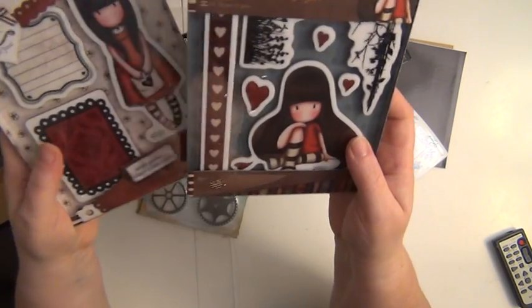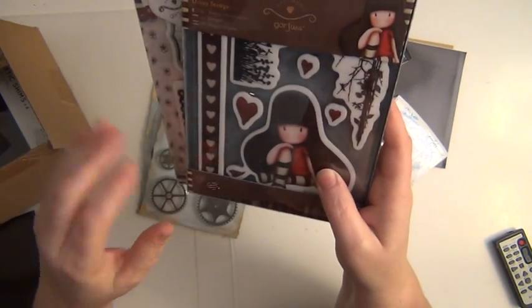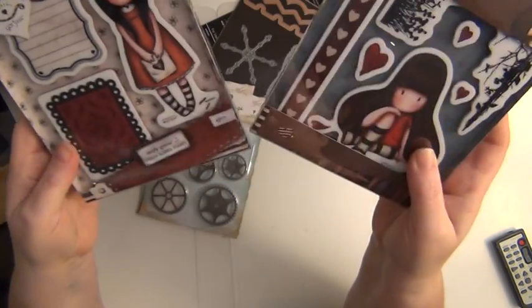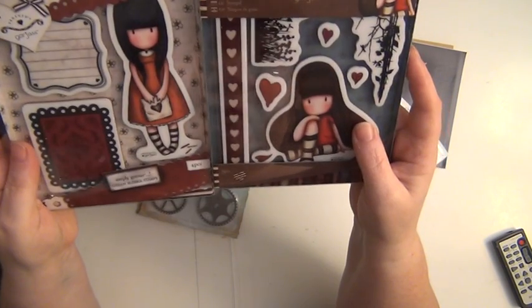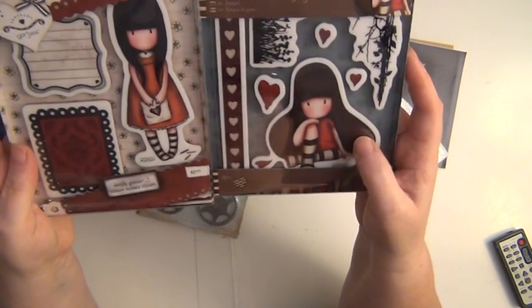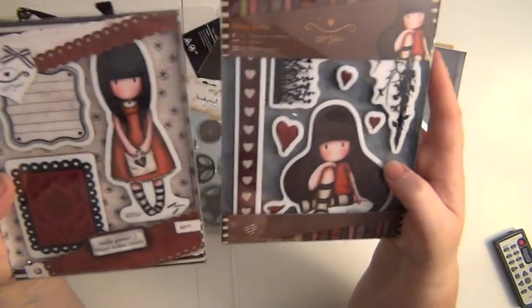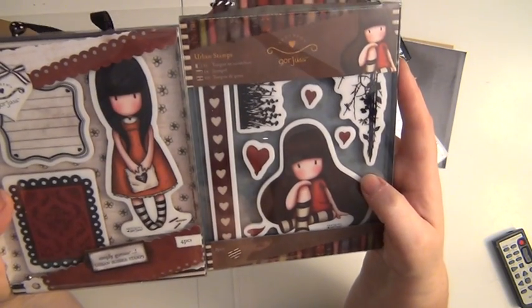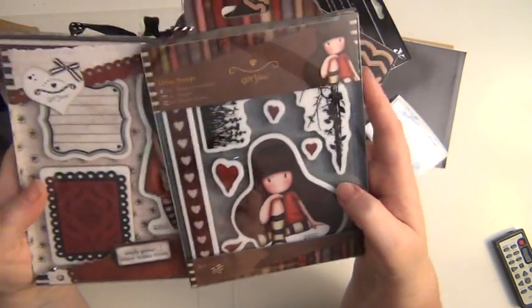And you know, I'm sort of late in the game, I know. Gorgeous stamps have been around for quite some time now. I have been looking at them. I have been admiring people who can colour these girls in really beautifully. But now, since I am sort of in an angelic mood, perhaps I'll make a video about that later. I have started a group on Facebook called Denny's Angel Project, which is basically